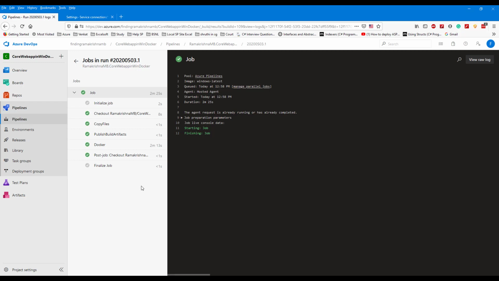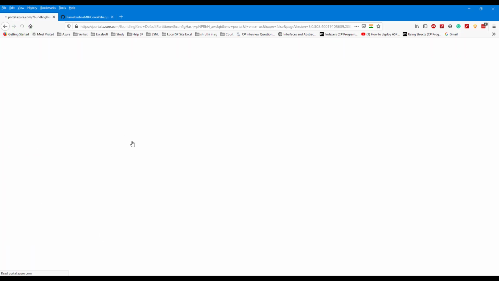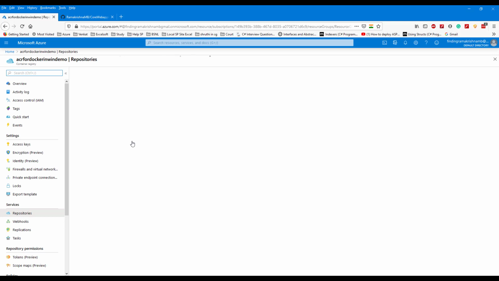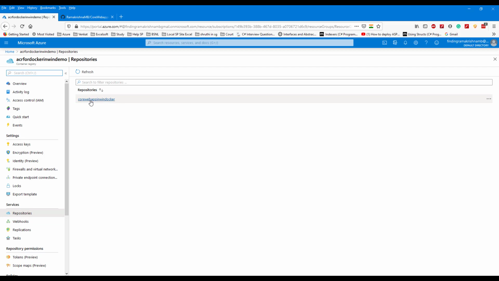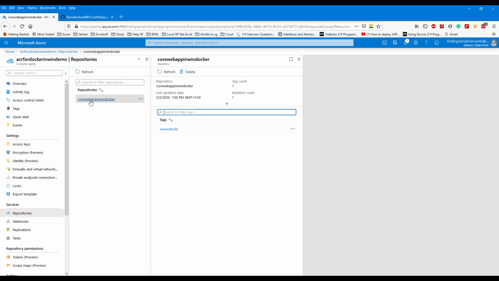The pipeline built successfully. Go back to container repositories and refresh the page. Yes, we have the Docker image pushed to our Azure container registry. We can create an app service in two ways.